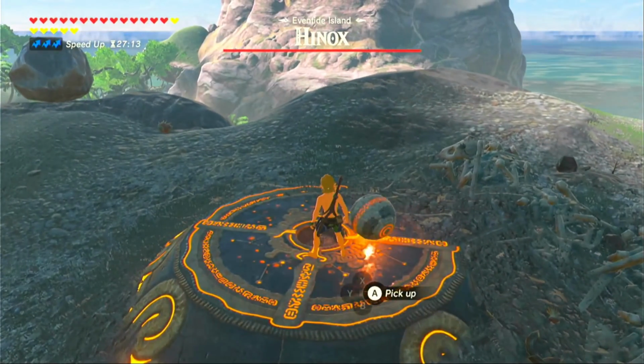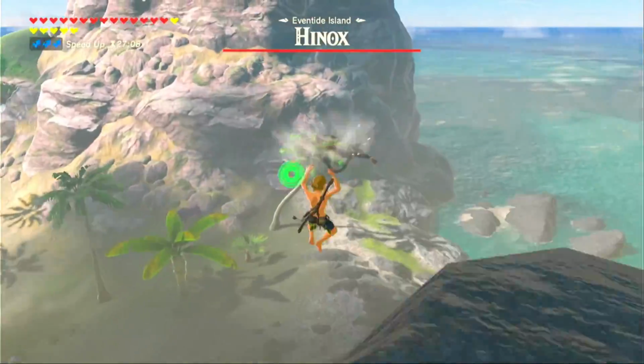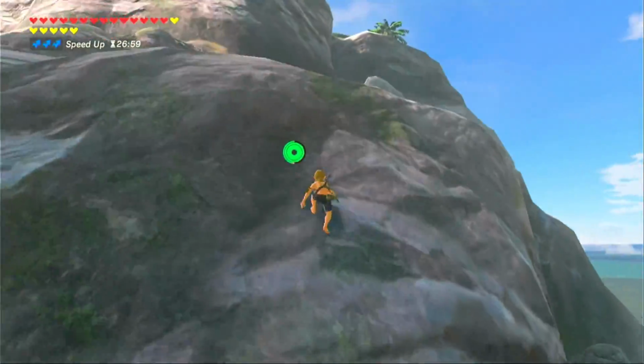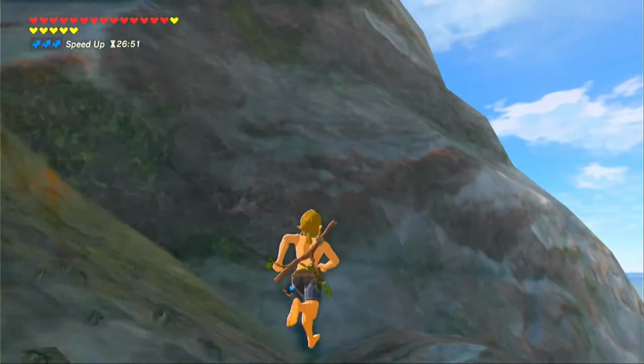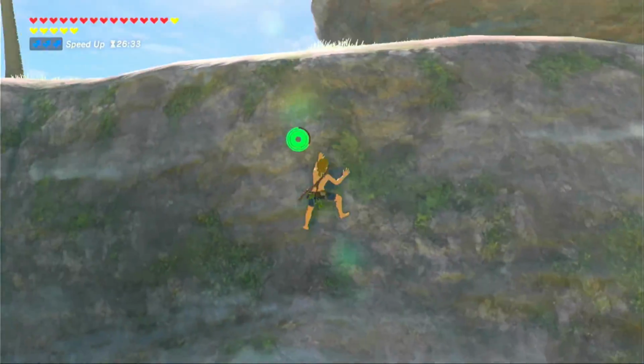The hardest part is actually placing the orb in the hole. As you can see, I struggled a bit. But don't hang around too long. Let's jump in the direction of the Hinox, but keep going to this hill straight ahead. But stay to the right side to avoid detection. You can run around to the side of this cliff for a bit, but we want to come over to